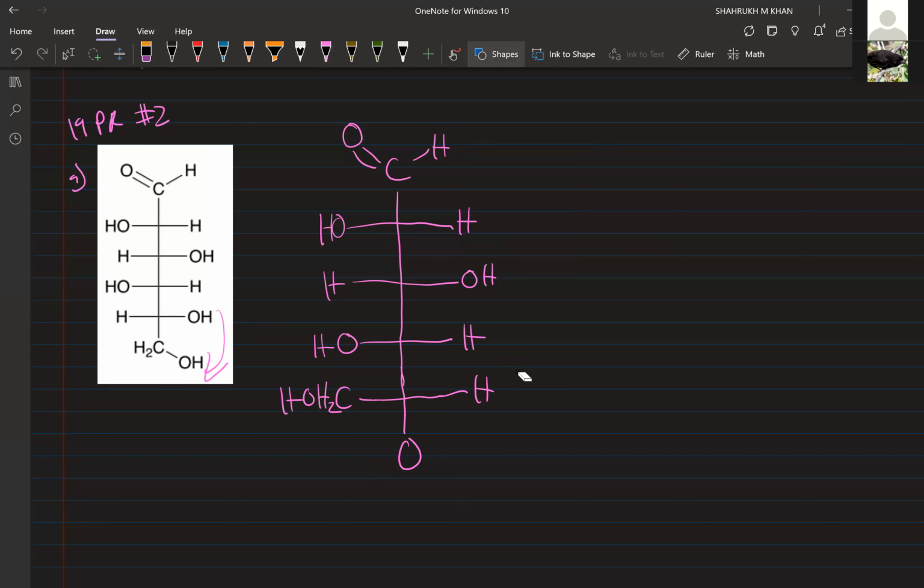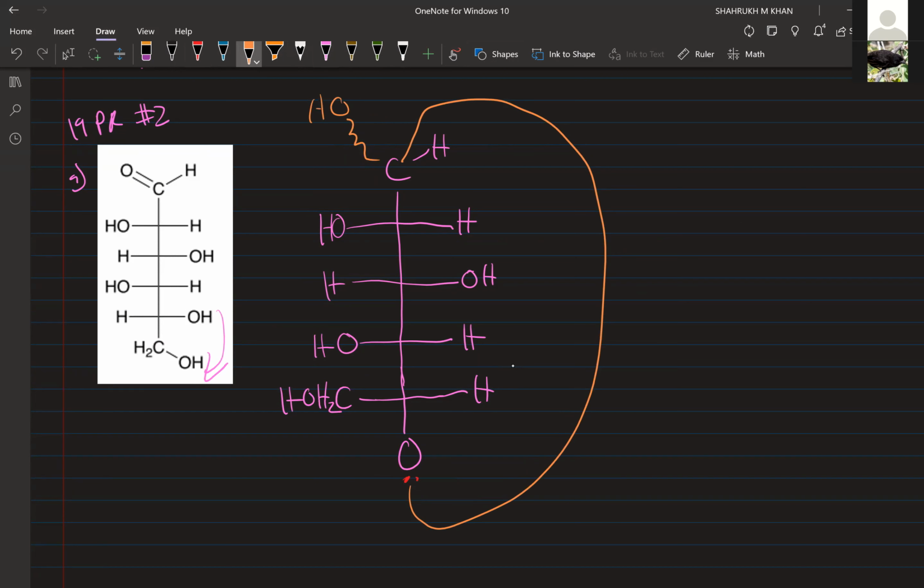So in order to get the actual ring, we deprotonate it there. Oops, let's make that a little better. That attacks there. That's going to open this up, and essentially we're going to have a bond. This is the bond. I'm going to put a squiggly on it to indicate that it's anomeric,